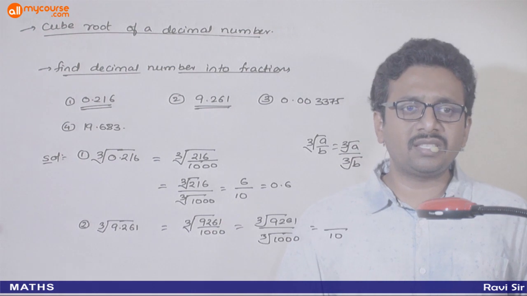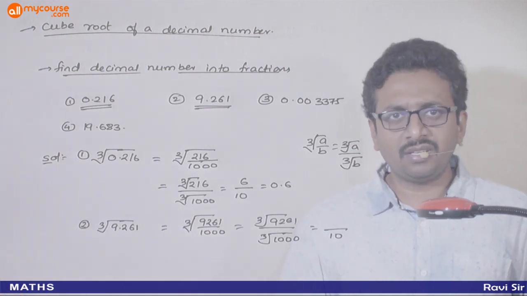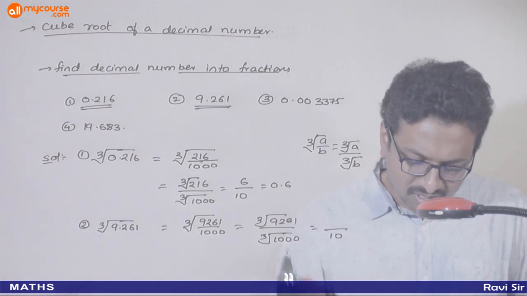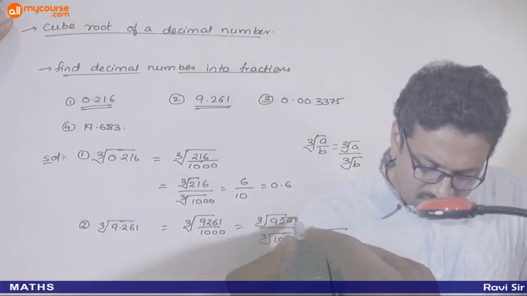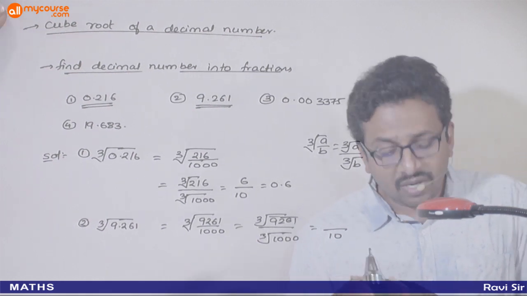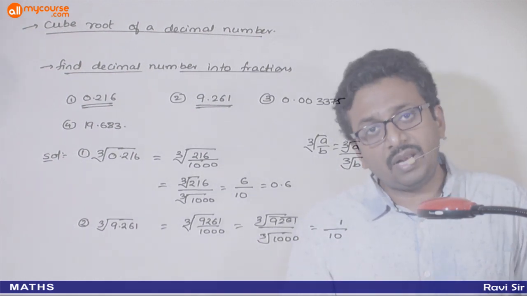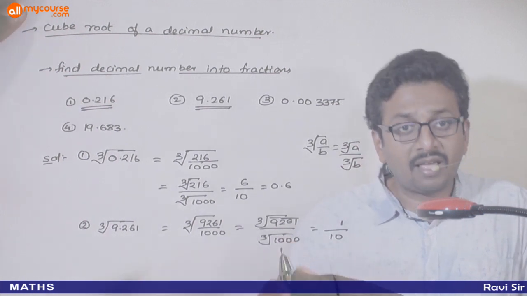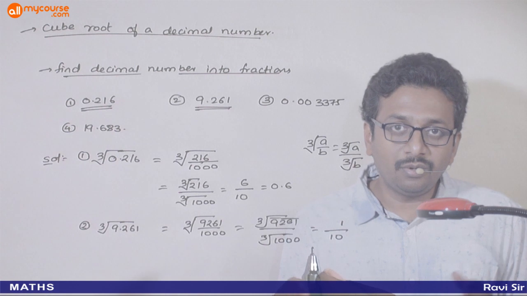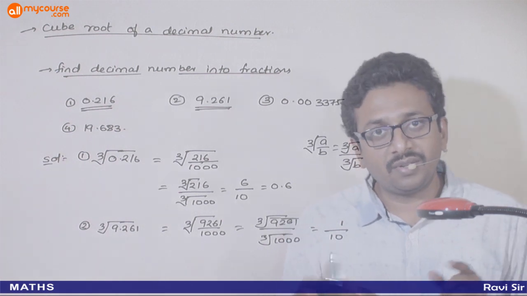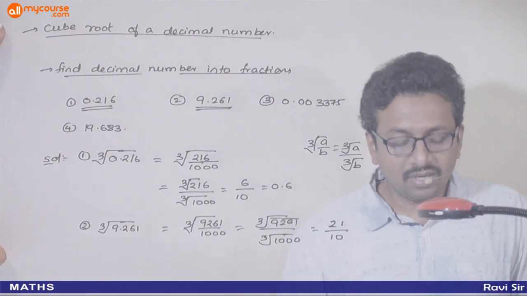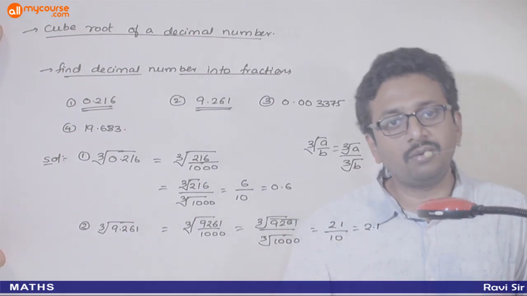So according to the question, you can think that this is a perfect cube. Mostly it should be a perfect cube. So by the estimation method, do the grouping. 261 has 1 at the end, which means the cube root will also have 1 at the end. 9 is in between 2 cube and 3 cube. 2 cube is 8, 3 cube is 27. It is between 8 and 27. So 21, which is 2.1 simply.